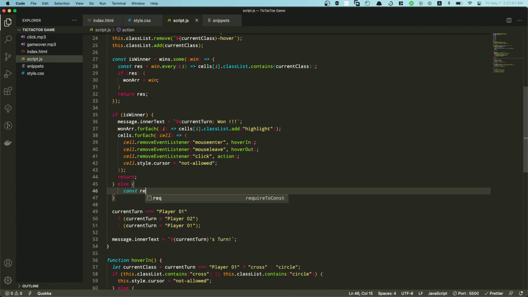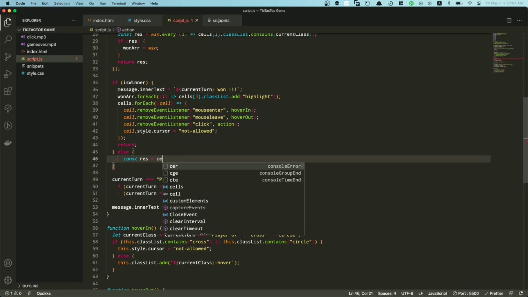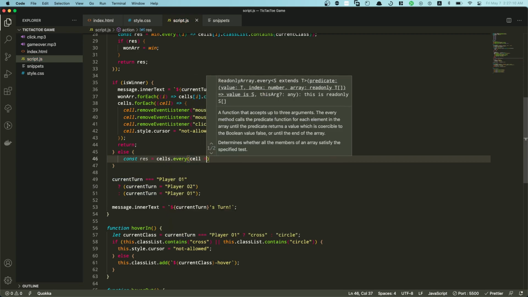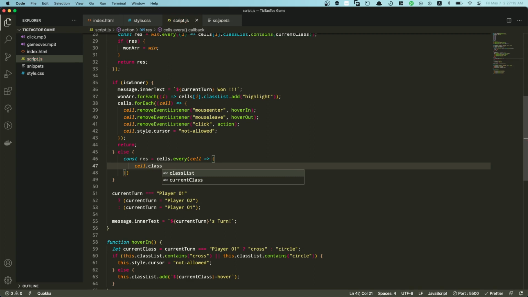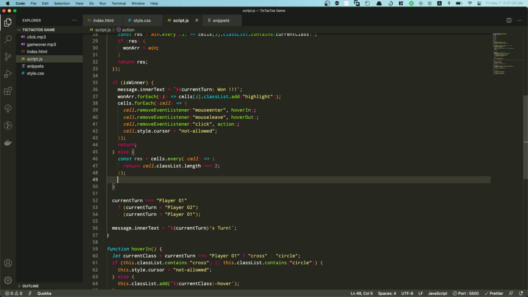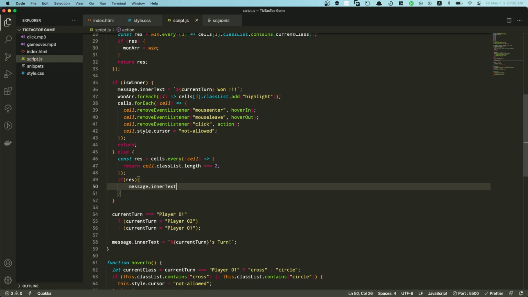I'm going to create another variable. Let's just call that res for now, and then here I'm going to say cells.every of these cells. Let's just say cell.classList, it's going to return cell.classList.length, and check if it is equal to 2. If res is set to true, then we're gonna say message.innerText and set this one to be,